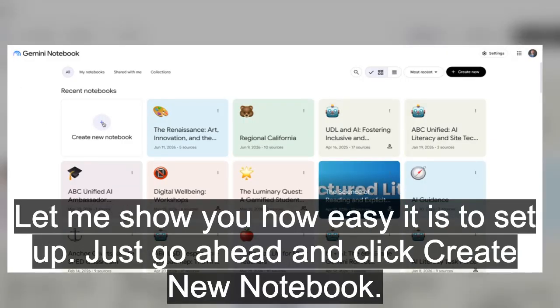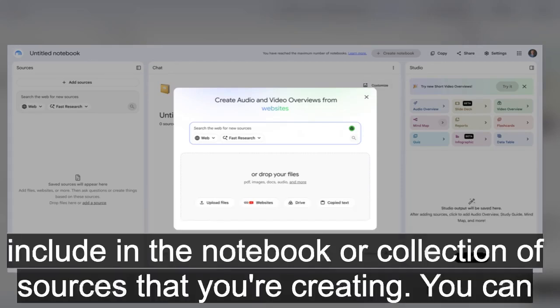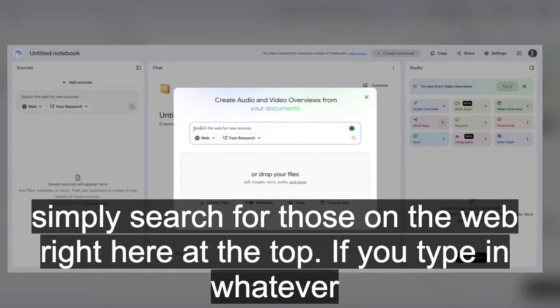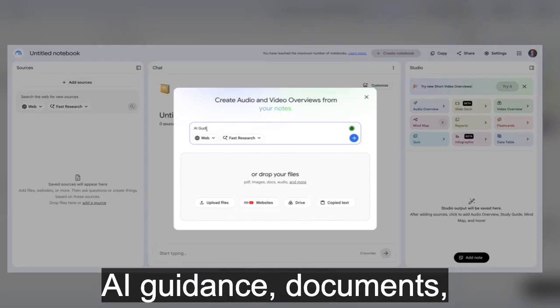Just go ahead and click Create New Notebook. The interface starts out by asking you what kind of sources or documents do you want to include in the notebook or collection of sources that you're creating. You can simply search for those on the web right here at the top. If you type in whatever you happen to be looking for, let's say I'm looking for AI guidance,